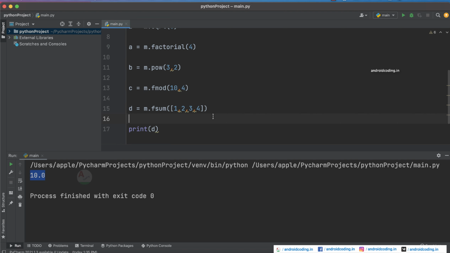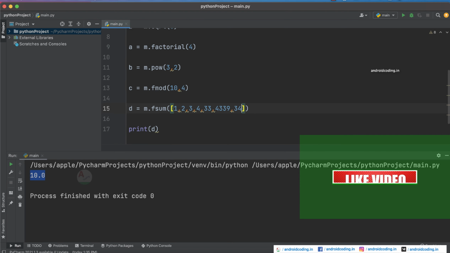So this functionality will add all the numbers present between these brackets. And yes, you can provide double digits, triple digits and 4 digits also. Now let's run this code and it works exactly the same.